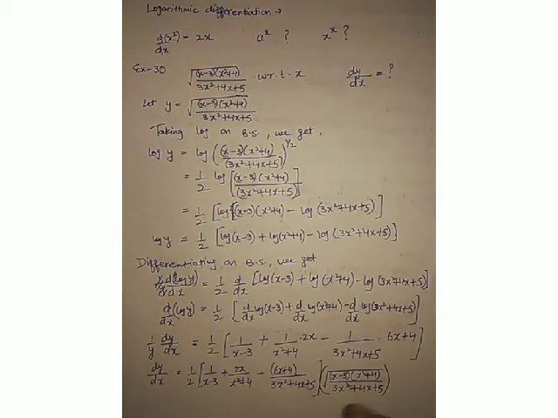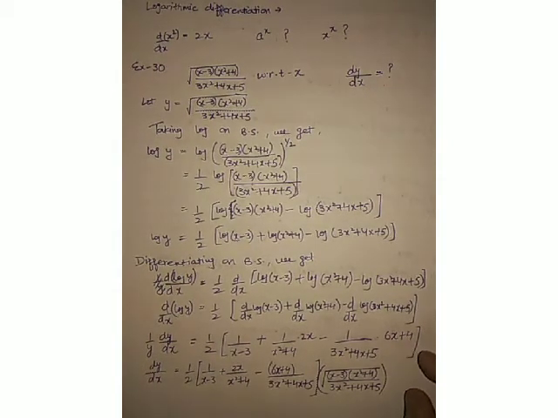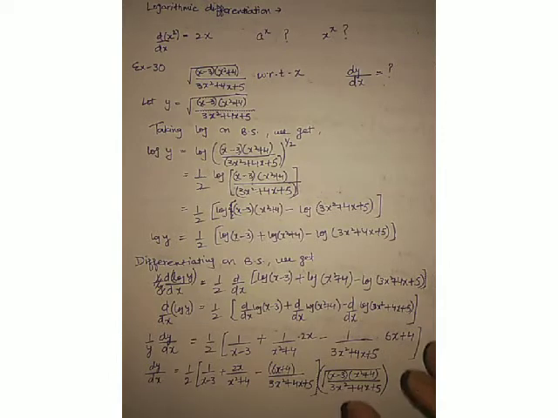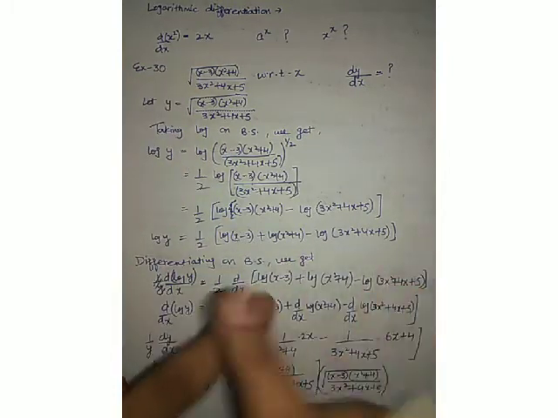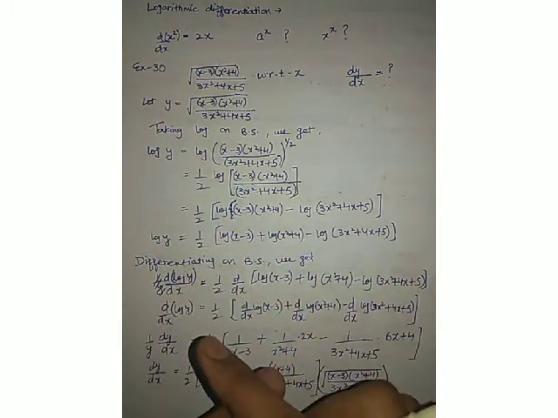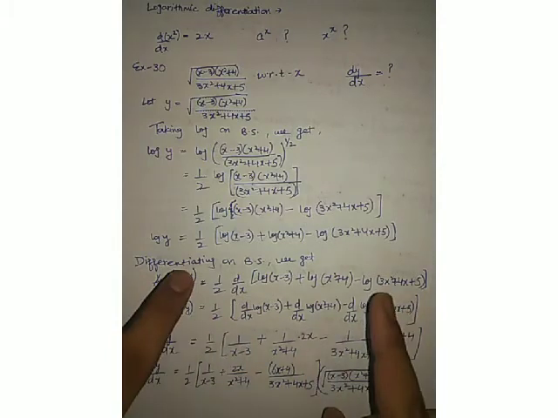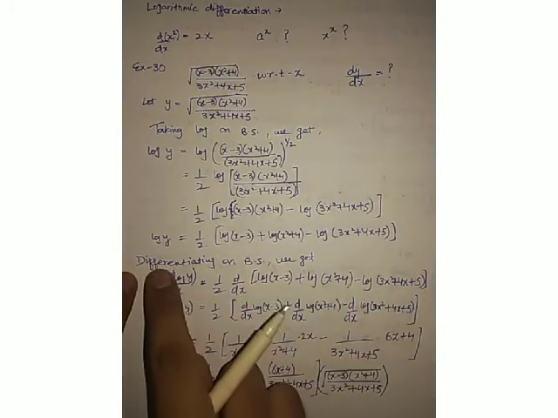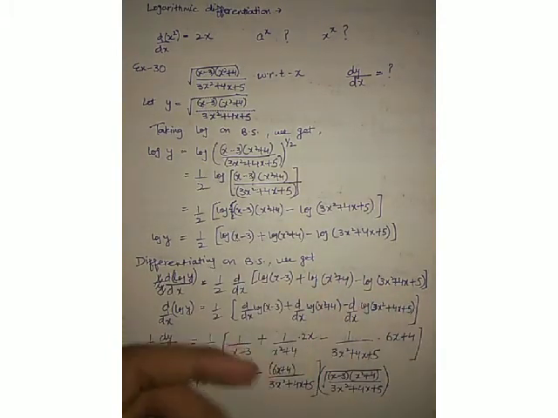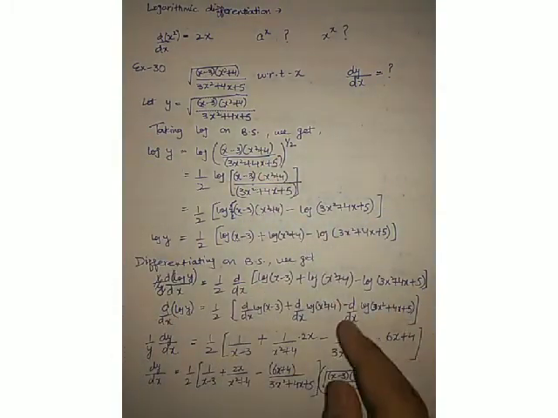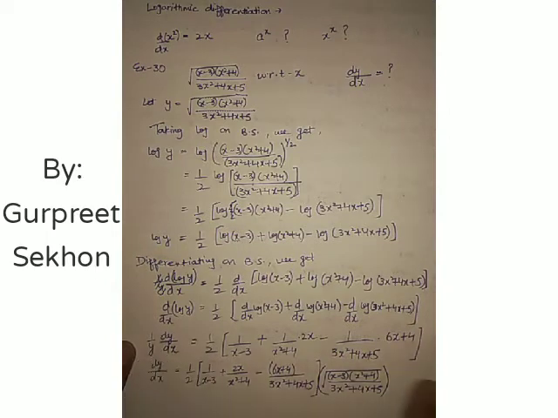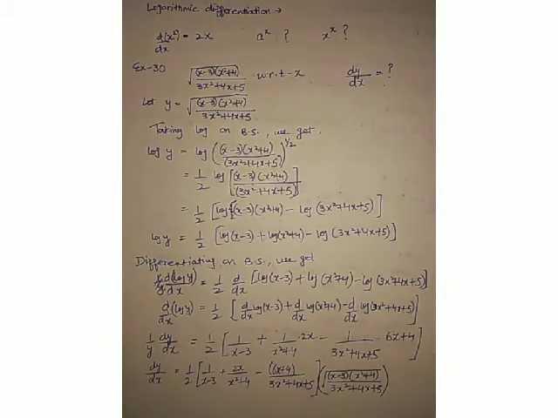So this is how we have to differentiate a very complicated equation by taking logarithm on both sides. First step is take y equal to the given statement, then take log on both sides, then simplify. Don't forget the simplification. Some students directly apply the differentiation on both sides, but firstly simplify as much as you can and then differentiate with respect to x, and then just multiply the y on the right hand side. You will get your dy upon dx, which is the required answer.